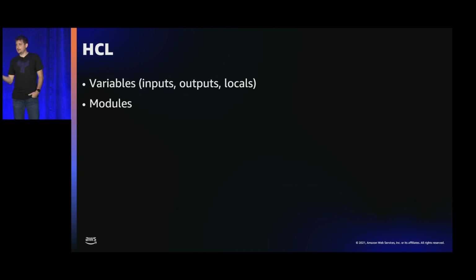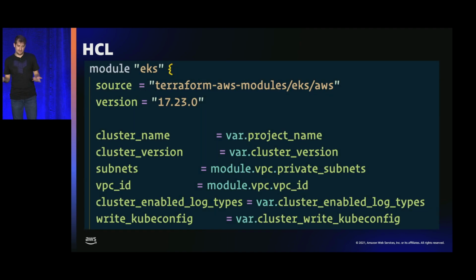Lastly, we can create modules using all of these things and more, and then start to ship out that code to others and actually package up our solutions. So HCL allowed for teams to create those configurations that can reference variables, modules, and other values within the code. Even in this EKS snippet that I took here, you can see I'm referencing variables for the first two items over here. I'm specifying a version and a source of where I'm actually pulling this. This is the Terraform public registry, where I'm able to pull that.